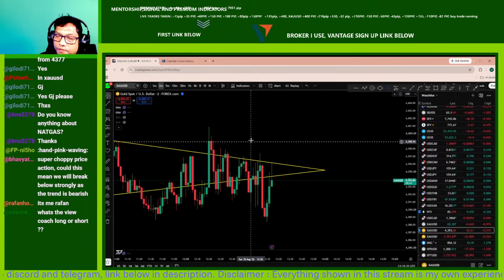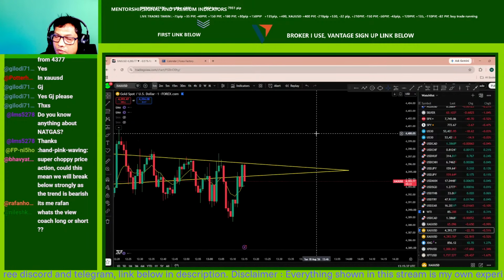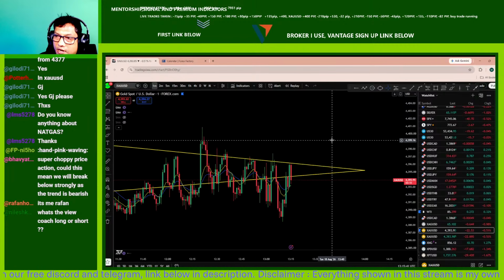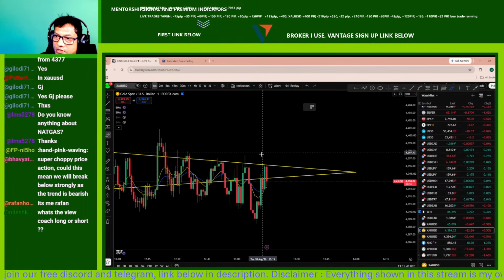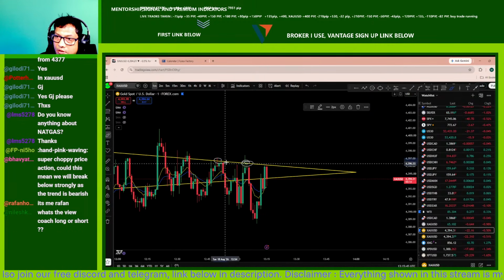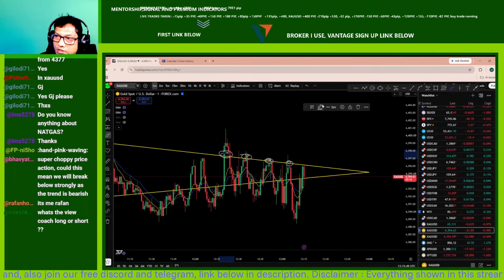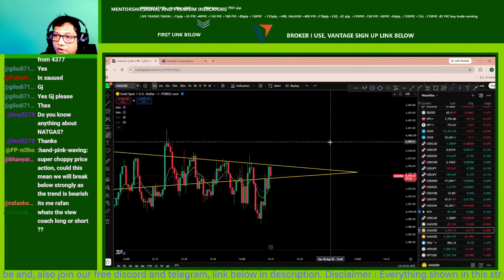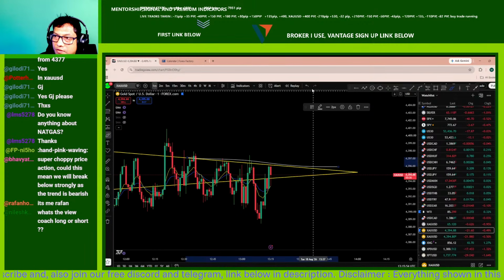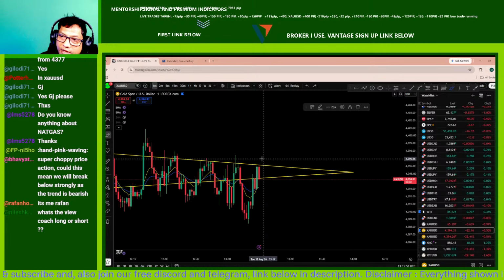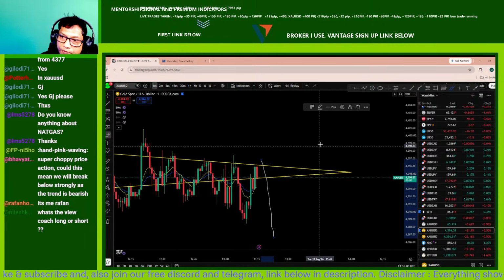With a long week here, the market has reached this resistance, resistance, resistance here. And off that resistance, you can see the price has reached that resistance level. And we are looking for the price action